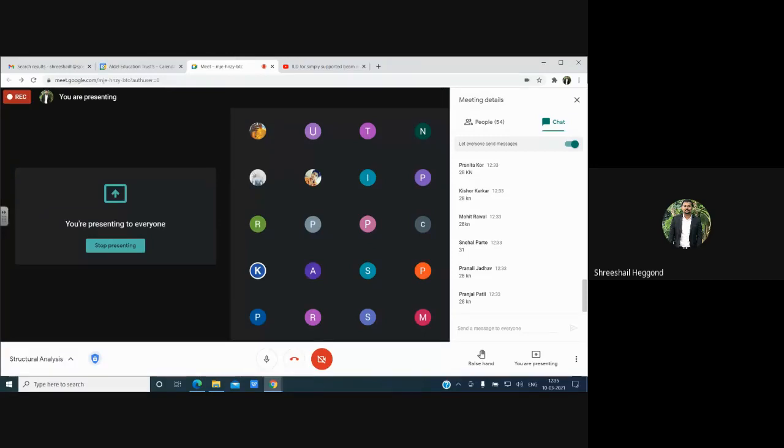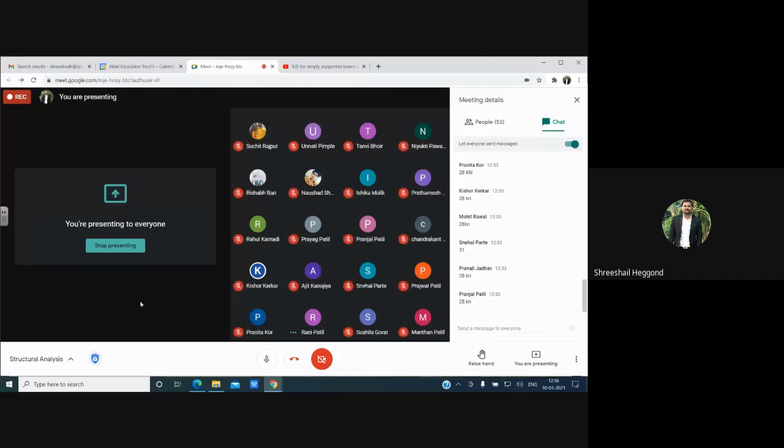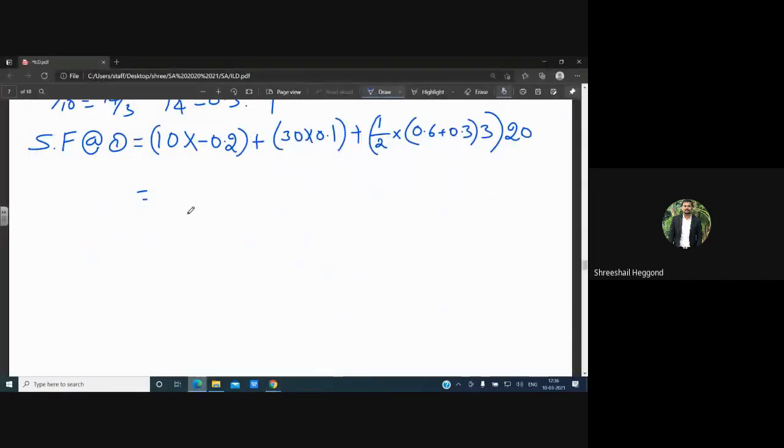Here you need to check your answer. Initially you posted 40 and now you are posting 31. Are you posting the answer or your roll number? Answer. The calculation is written on the board. Just multiply and tell me the answer.